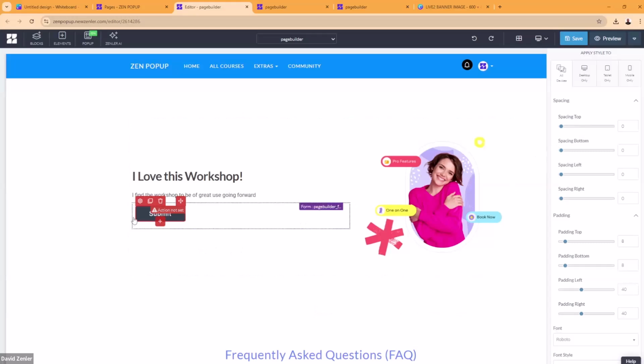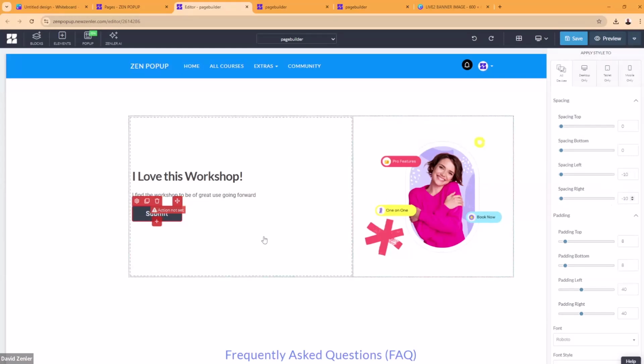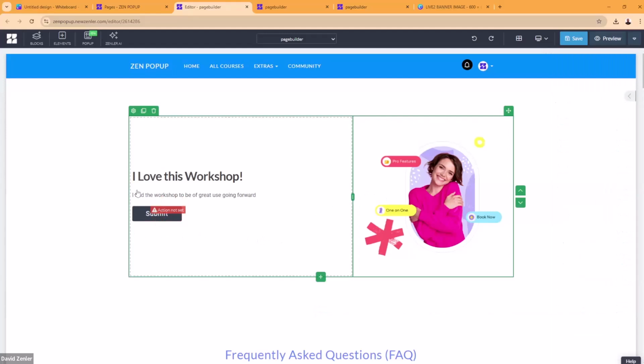If you look, for some reason, sometimes the button goes a little bit out. It doesn't go in line. So what I found, and this is something I do all the time, is I do a negative spacing of 10 on buttons. And I do this for all buttons. Negative 10 knocks it to exactly the right place. Like I said, Zenler is pixel perfect, but you can play around with negative values as well. So this is basically my block done.